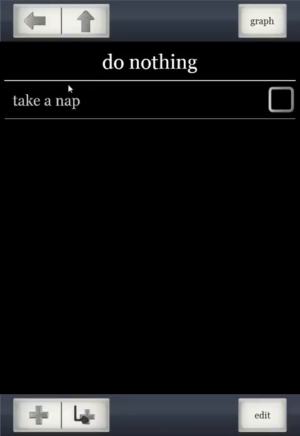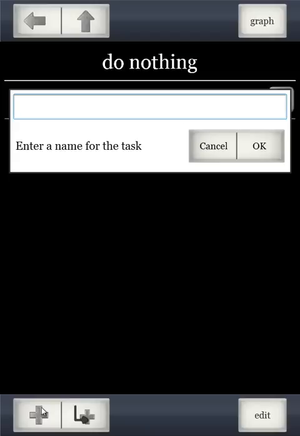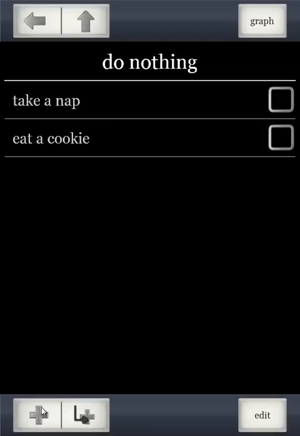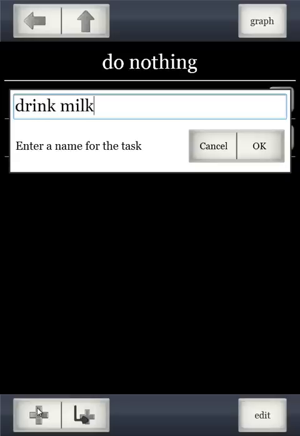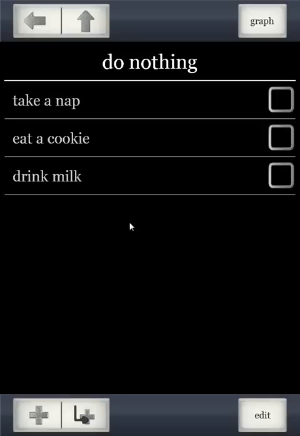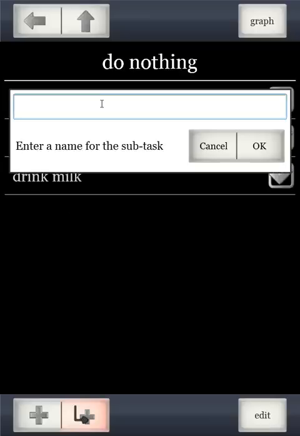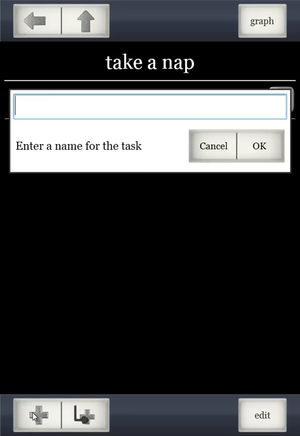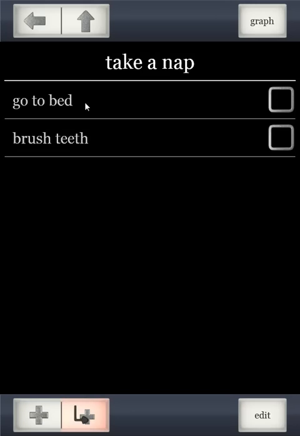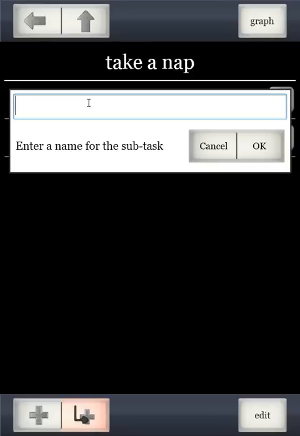This enters the do nothing task, and we added take a nap to this one. We could create further tasks, calling it eat a cookie, drink milk. There we go. Now we could check these off, and we could create further child tasks if we'd like, or subtasks. By doing like this, we could say go to bed, and we could brush teeth,